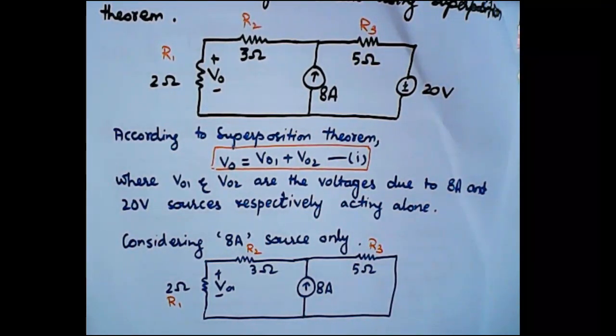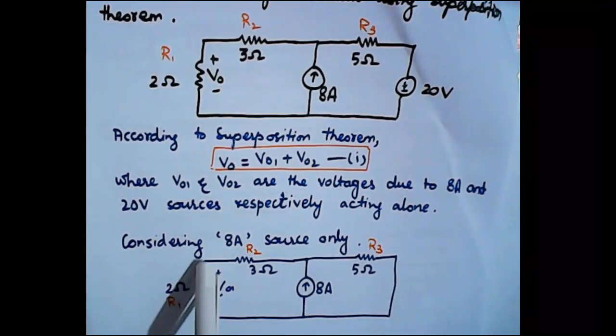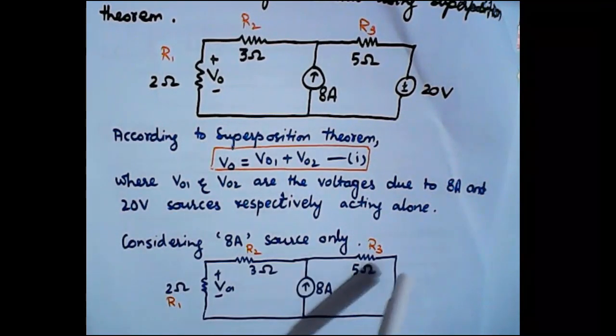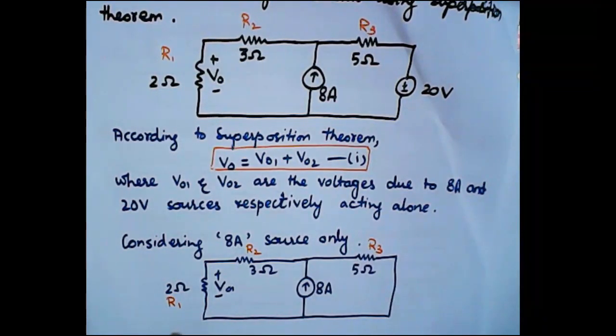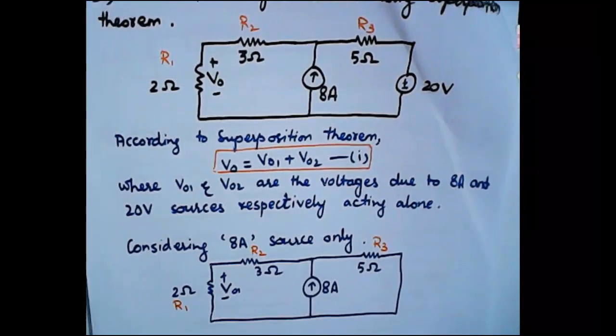So another method to solve this question is of course to apply nodal analysis. This will be node V1, this will be node V2, and this complete will be the reference node. You can also solve that, no issue in that, and the answer will also be same. You can even try solving it by different methods and check that the answer is same. Thus it will act as a proof for different circuit analysis techniques, right? So just simplify this circuit,